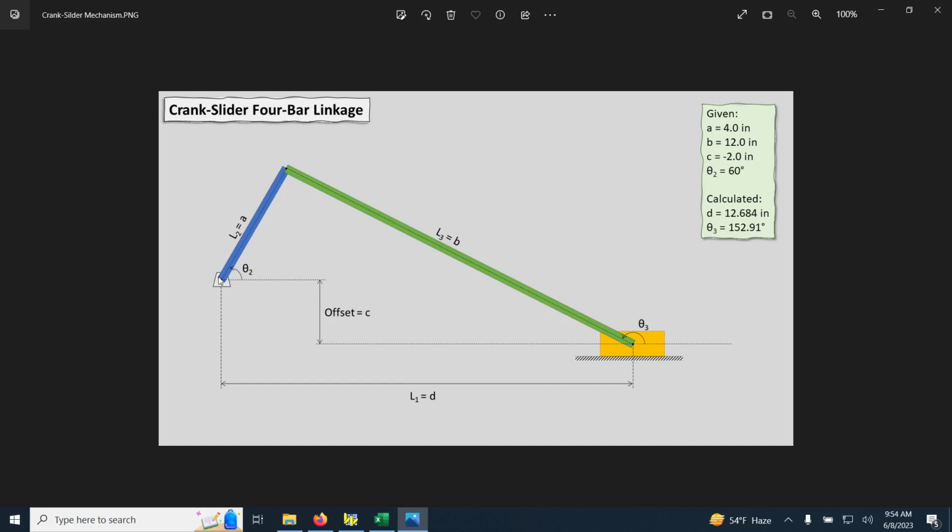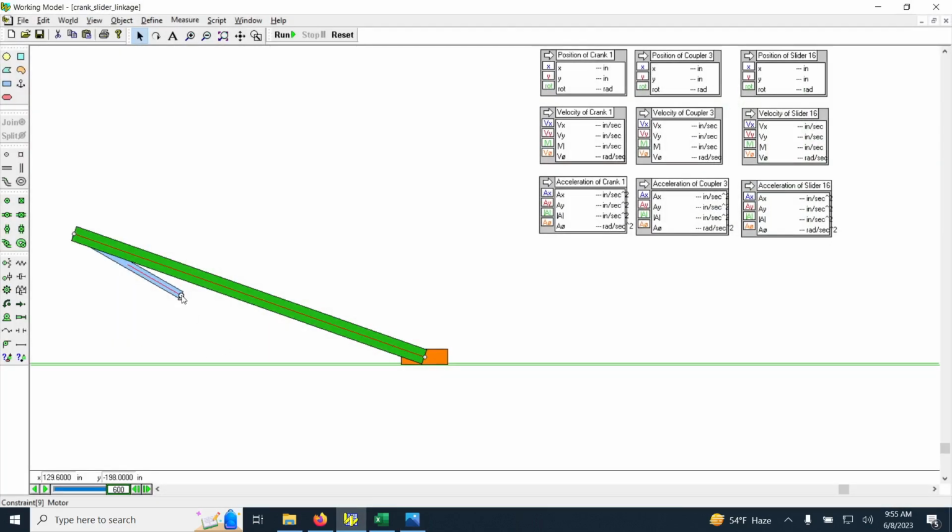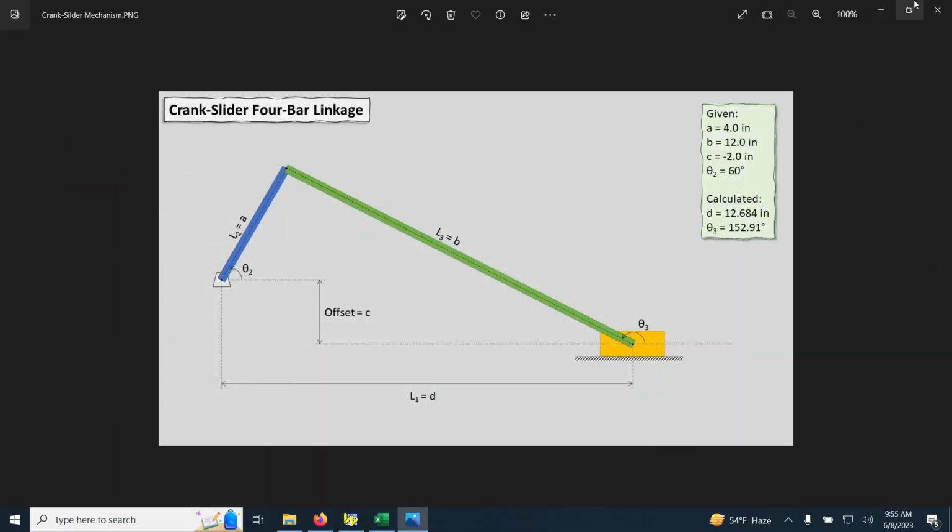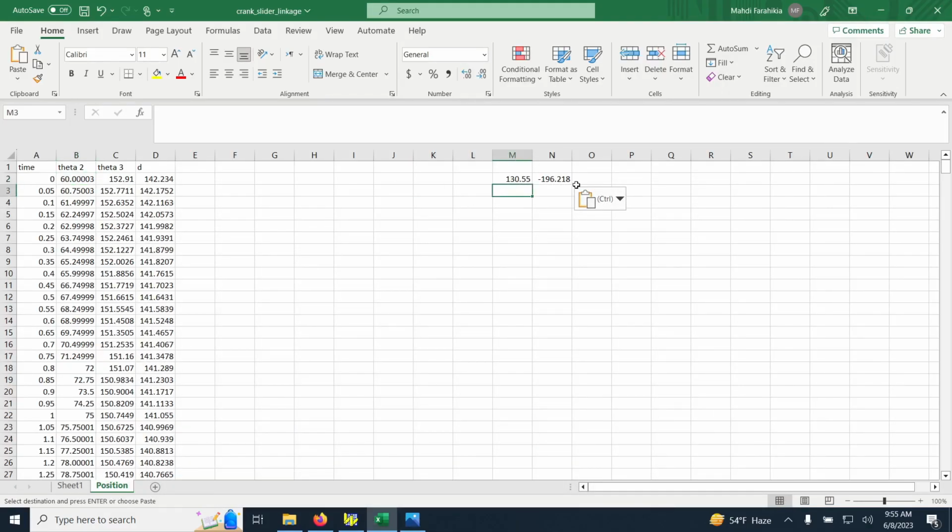So the distance between this pin and the crank is 2 inches, half of this. So from here to the center of mass, 2 times cosine of 60 degrees is the x distance, and 2 times sine of 60 degrees is the y distance. So I can use that to find the coordinates of this pin in Working Model. Or I can actually get that from Working Model too, but let's say we don't have access to Working Model anymore. So this is going to be 2 times